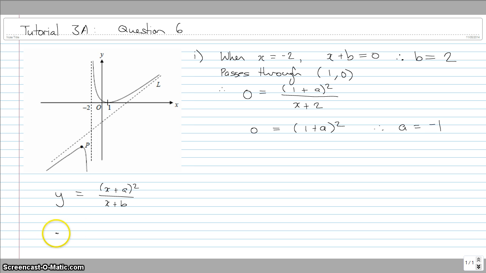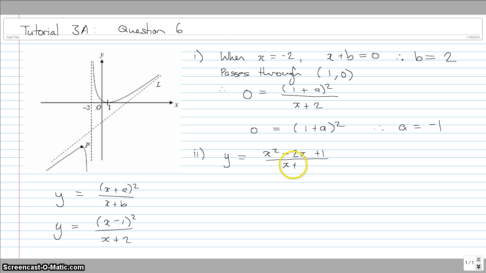So remember, now we know the equation of this line. This is y equals (x plus 1) squared. Sorry, not x plus 1, (x minus 1) squared over x plus 2. So to find the oblique asymptote, usually what we do is long division. So I'm going to expand this out, I get y equals (x squared minus 2x plus 1)